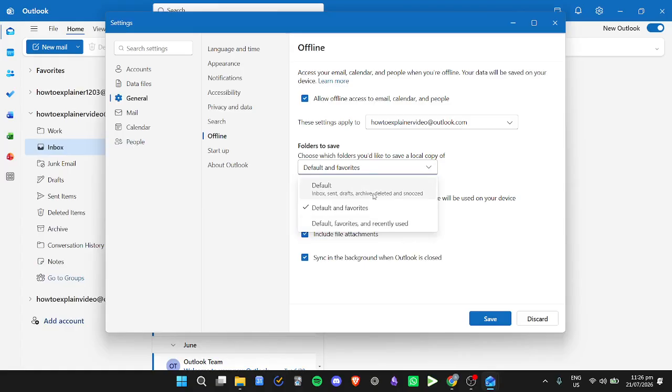Then for the last one, defaults, favorites, and recently used. Just as the name suggests, it will save a local copy of your default and favorites folders as well as your recently used folders. So just choose what you want, and then you can also choose the days of email to save. It says right here, the longer period of time you select, the more space will be used on your